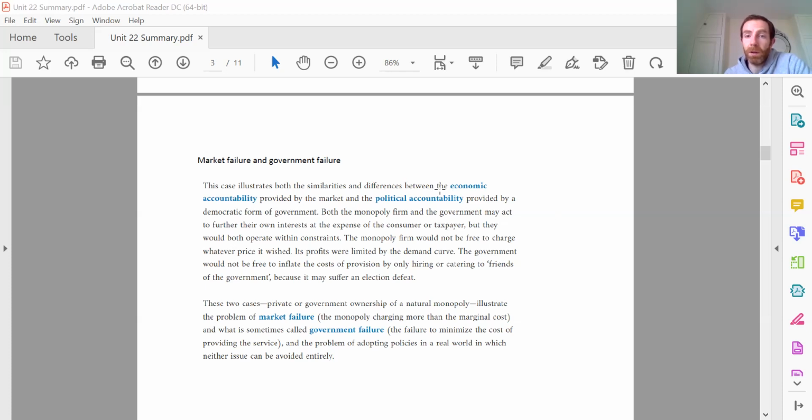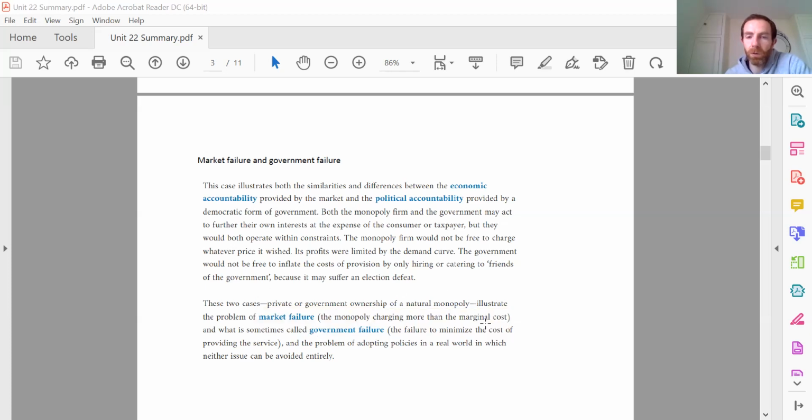So for example, and this is because of economic accountability in a market case, and political accountability in the government case, there are actually mechanisms holding firms to account in a market, and government to account in a kind of political market, I suppose. So here we imagine we've got a natural monopoly, and we could have a firm operating that natural monopoly. Although that's a market failure, there is a limitation to it, because the monopoly, although they're